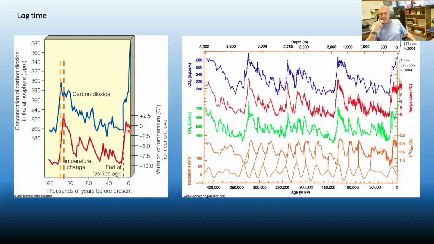But see, our temperature hasn't moved a whole lot, and that's because there's that lag time that we haven't worked through yet, even in my lifetime. We're seeing changes, but the magnitude of temperature changes is not nearly where the magnitude of carbon changes, right? And in fact, that's true with all of these other gases as well, right? You see the same curves, the mirroring that occurs there. So you can see why we're so concerned.